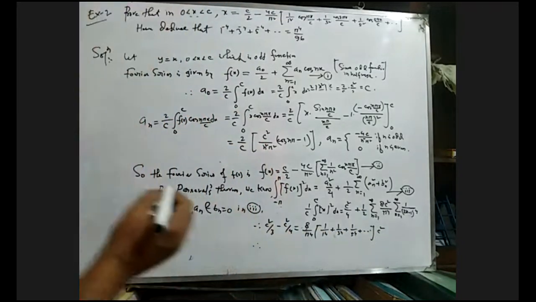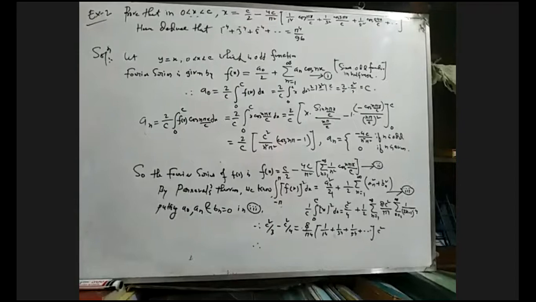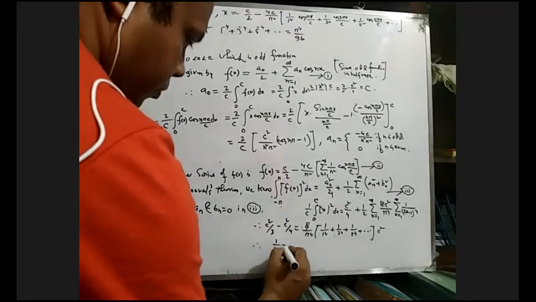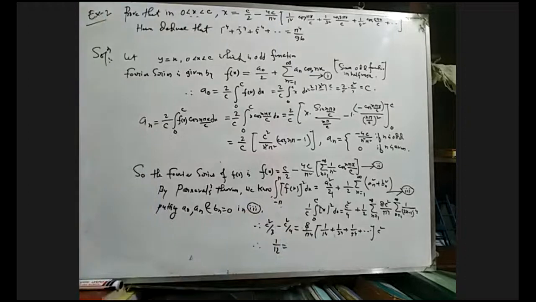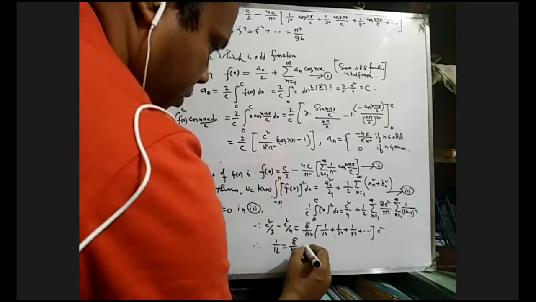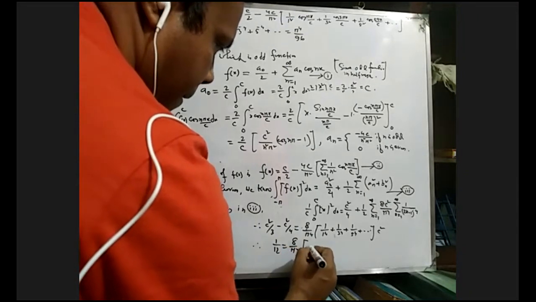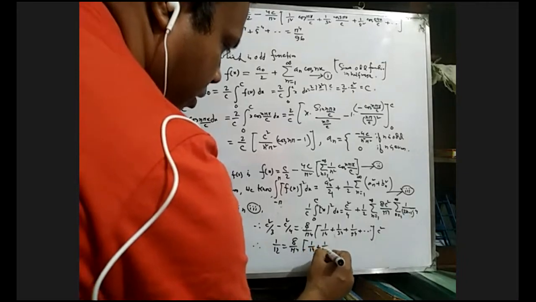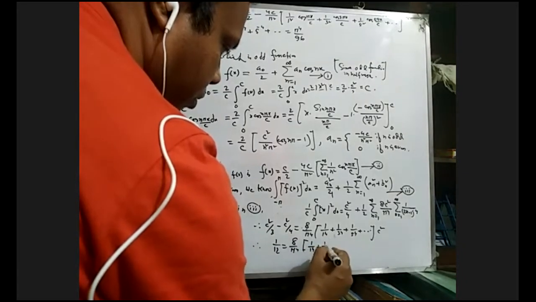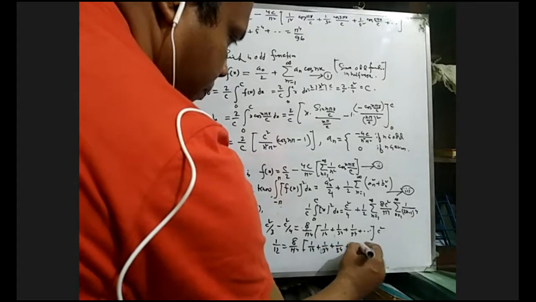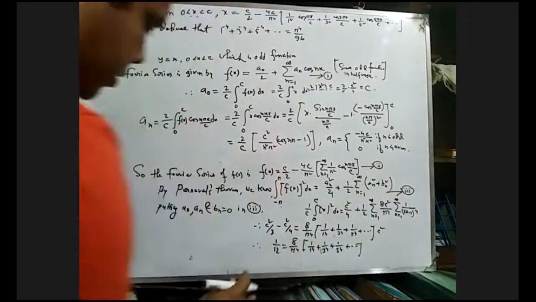This is why we can write 1 by 12 equals 8 by pi to the power 4, 1 by 1 to the power 4, 1 by 3 to the power 4, 1 by 5 to the power 4 plus and so on. Hence,